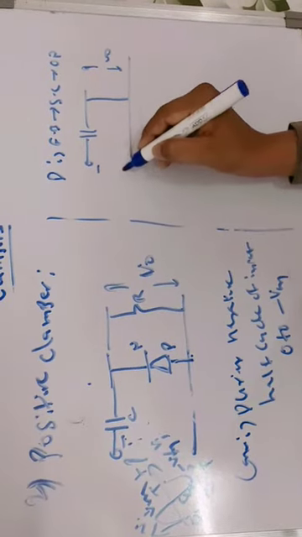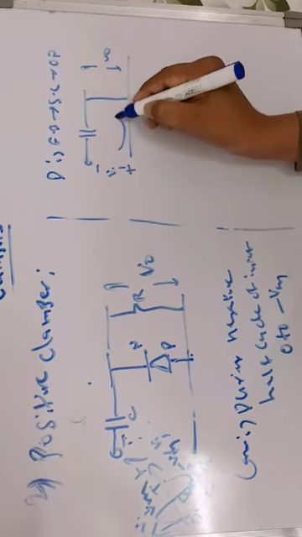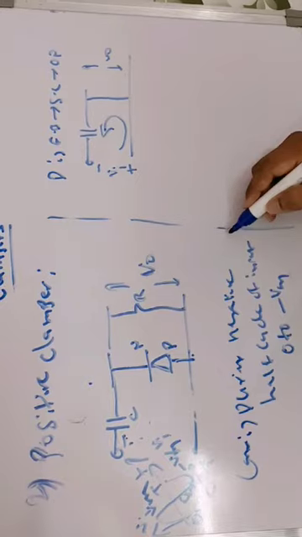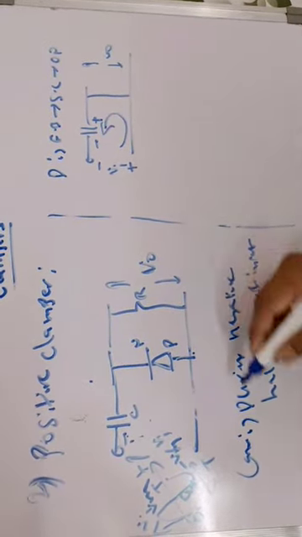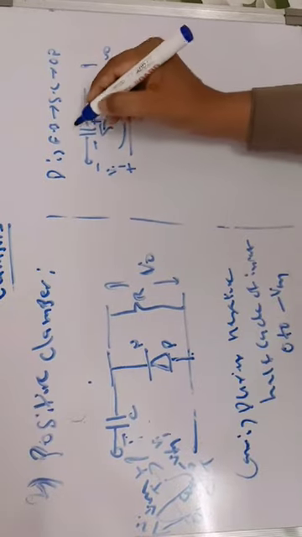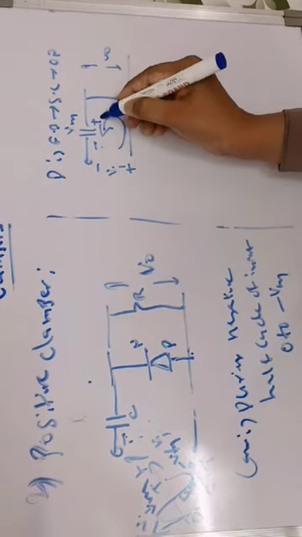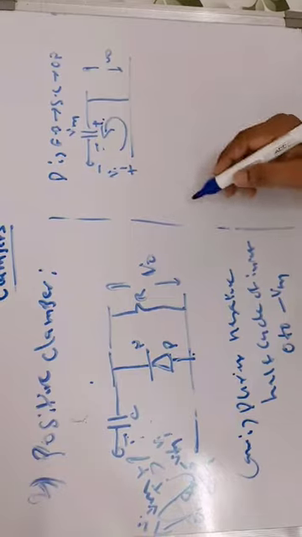Now the capacitor will be charged according to the input voltage. Charging will be in this direction, so it is the reverse direction. Here it is positive, negative, and it can reach a maximum voltage of minus Vm. This is Vm with negative and positive polarity, which is considered as minus.